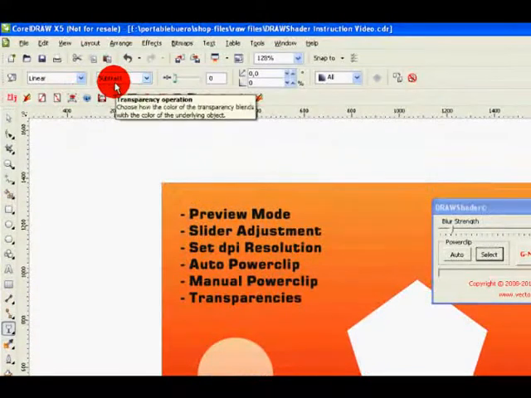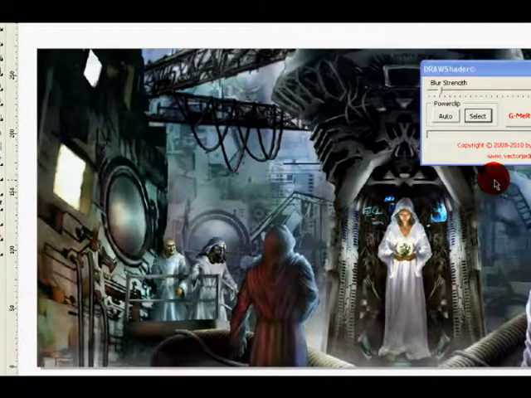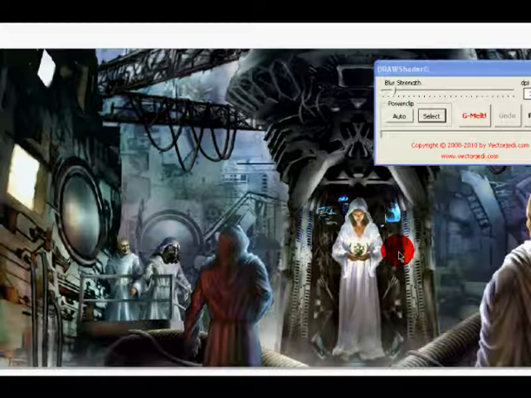We'll take a look again. So the transparency is still in subtraction mode. I have to mention the transparency will not be copied in one case, namely when the transparency has no or default normal mode, because this mode will be used by DRAWShader to calculate the fade of the blur effect. The next important case is any situation where we have a bitmap which we want to convert to